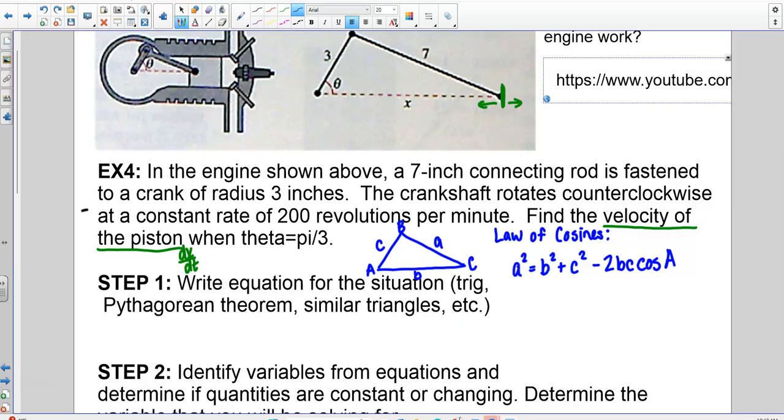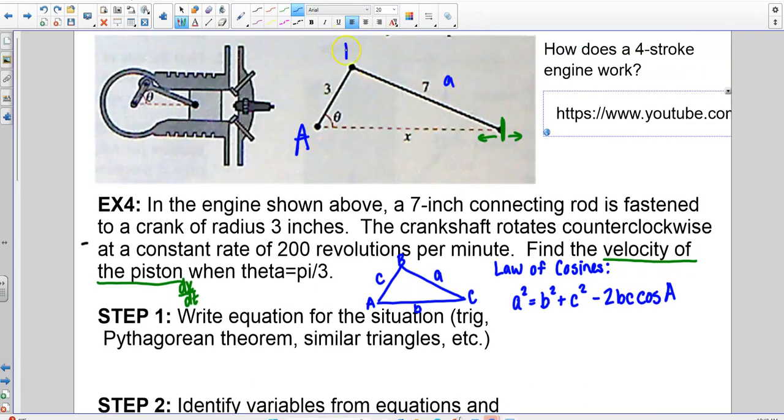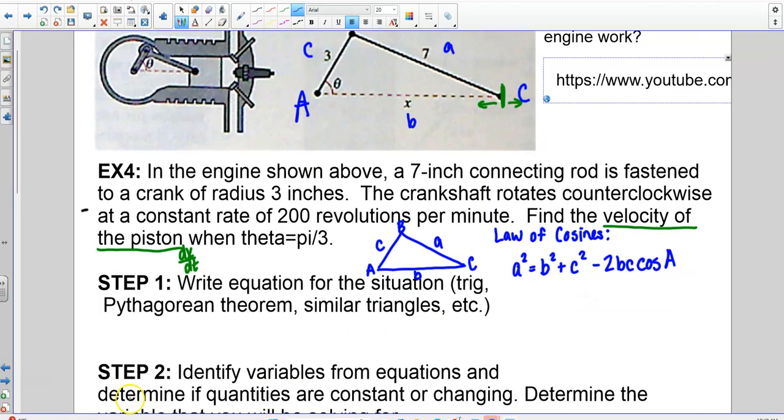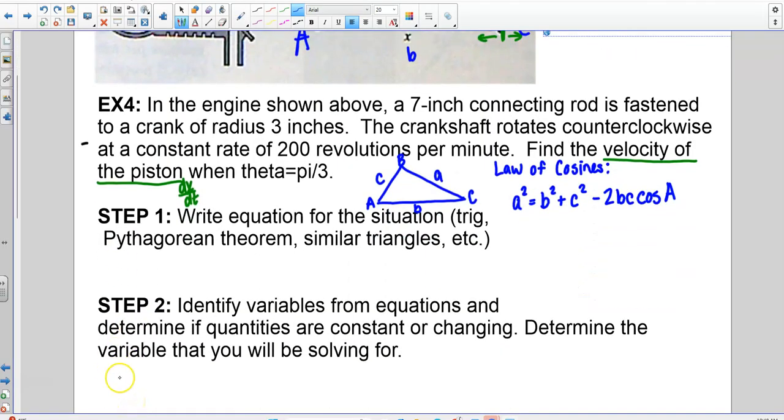Okay? So this is what we're going to use. And in this case, this is A, this is lowercase a. This would be B, this would be lowercase b. This would be C, this would be lowercase c. So this is the formula that we're going to use. And it looks really complicated, but the good news is that we've got a lot of constants in this one, right? Because when we're identifying our constants,